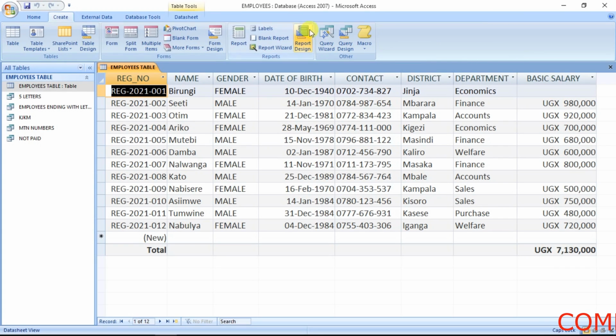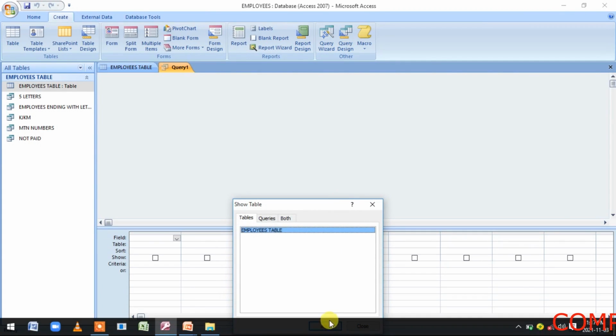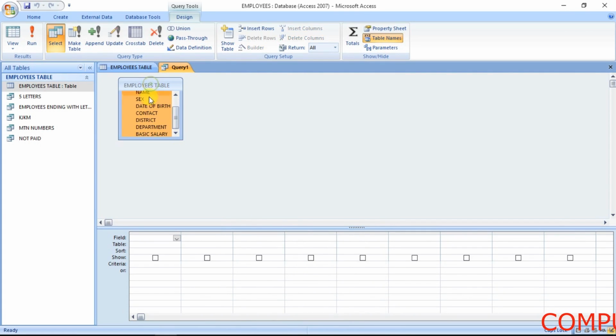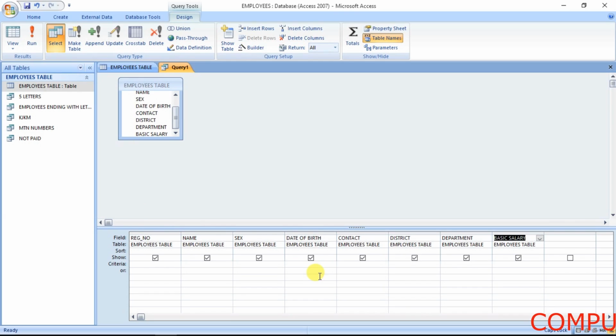We'll go to create, query design, we add our table, and we are using all our fields according to the query we are creating. Now when you look at calculating the age of the employees, what we do, we add a counter column which we are going to use to calculate the age, but when we are referring to the date of birth. So our formula will first of all add a field called age. We start with the colon,